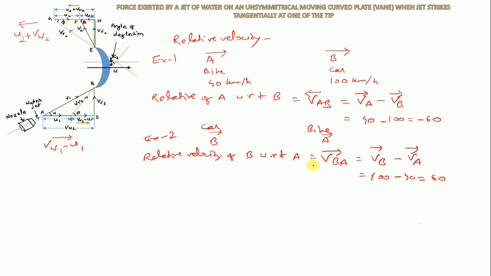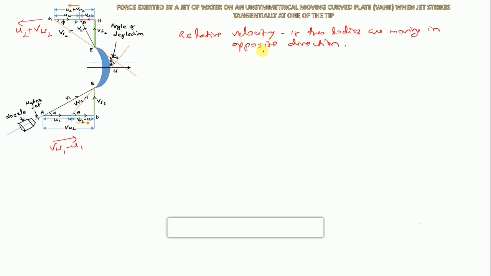Okay. So in this case, the velocity of B is observed by A, that the B, or car, is moving towards A with 60 km/h. So these two examples are for the same direction. Let's see if the directions of A and B are opposite to each other, then what will be the relative velocity of A with respect to B, or the relative velocity of B with respect to A. How do we find the relative velocity if two bodies are moving in opposite directions?